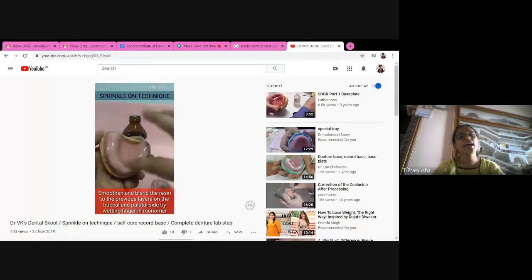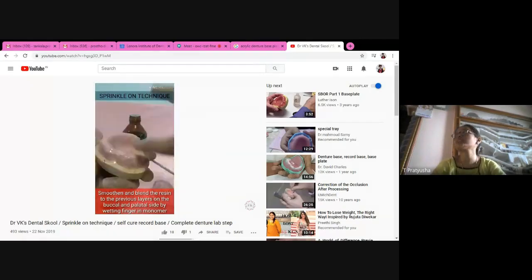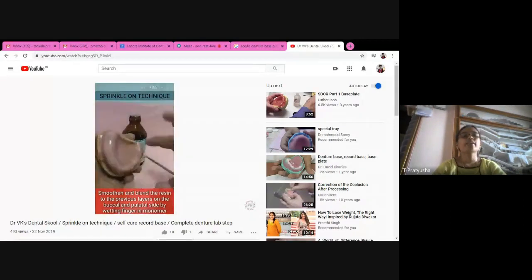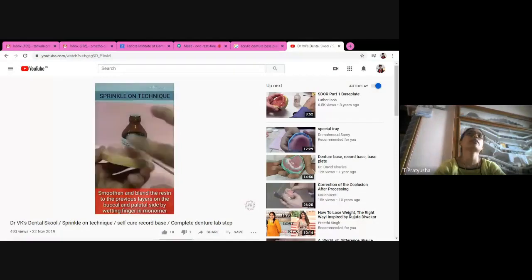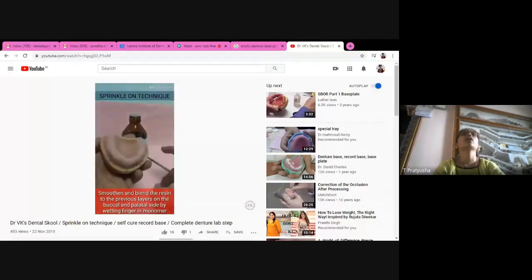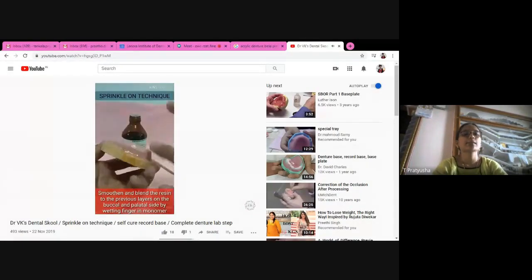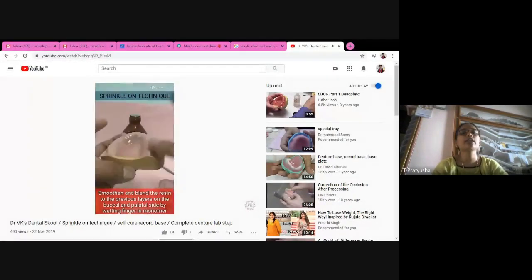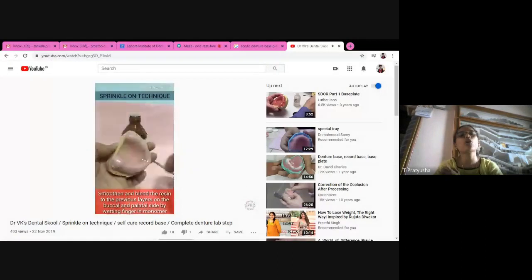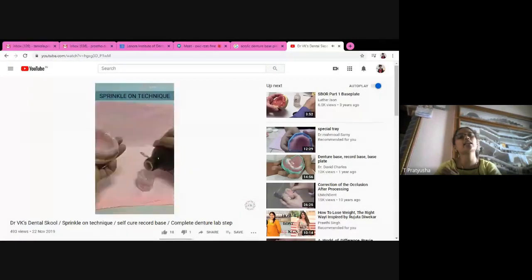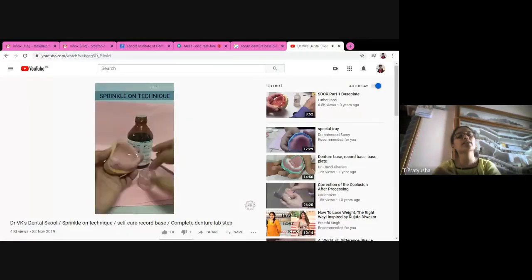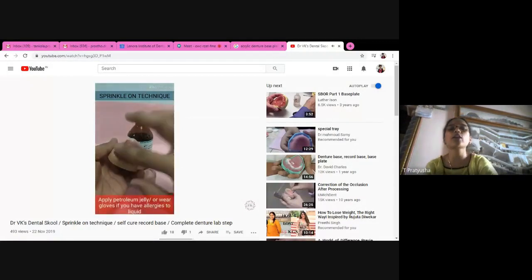So it has to be smoothened or adapted to the other sides with the help of monomer, wetting the finger with monomer and adapting it. Wherever you feel there are little thin areas, in all those areas you can add a little amount, but you have to make sure that it is adapted properly into all areas and is smooth enough.